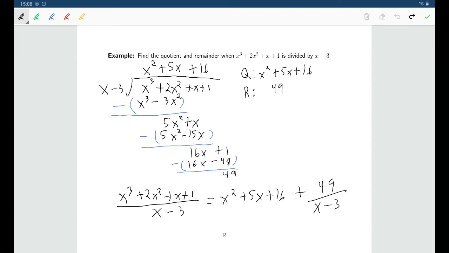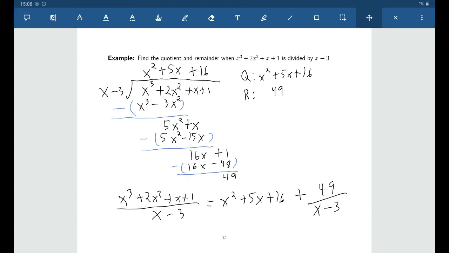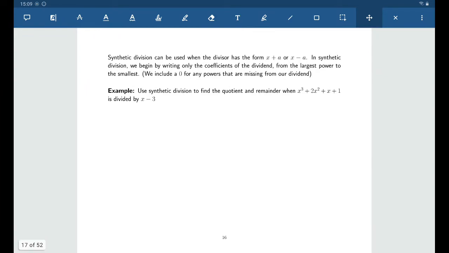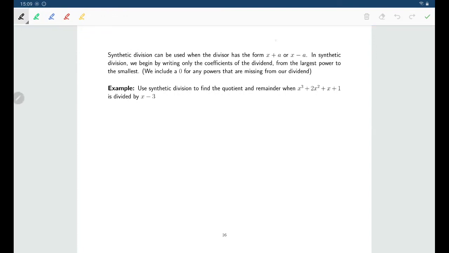And that's kind of the idea behind synthetic division. With synthetic division, we're going to be dividing, but we're going to leave out all of the x's. We're going to just focus only on the coefficients themselves. Now, synthetic division can only really be used when you're talking about a divisor that's either x plus a number or x minus a number. So for the problem that we had before, using division with dividing by x minus 3, synthetic division will work